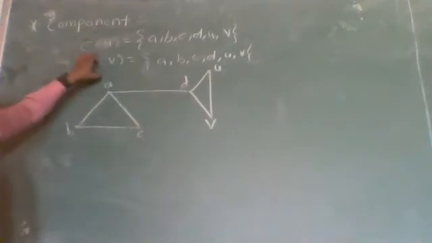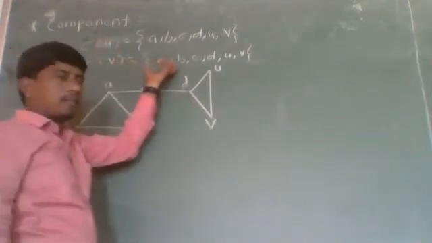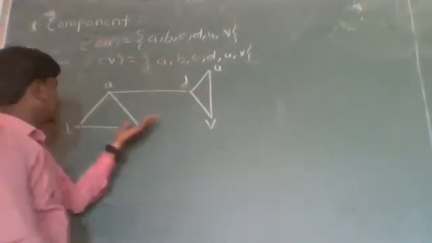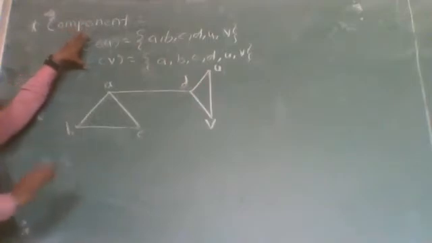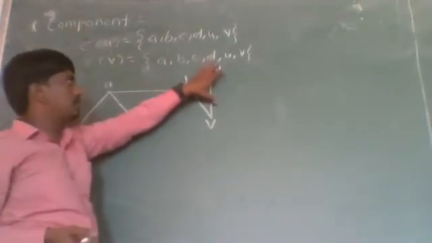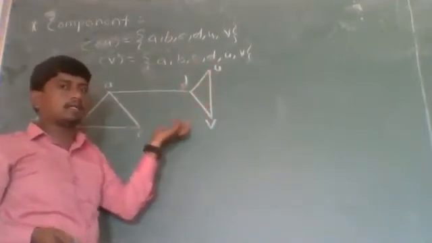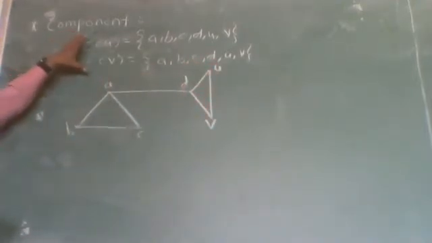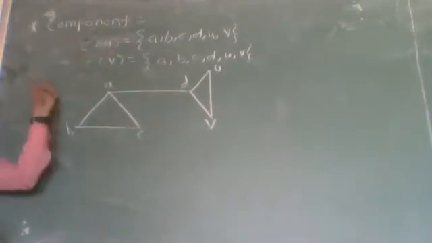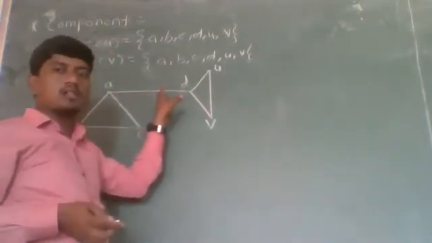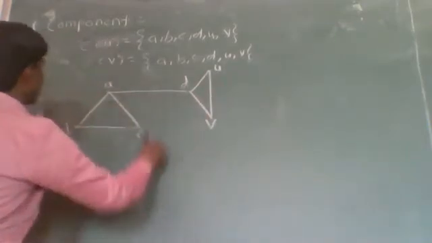Here C of U equals C of V. Now we have to check whether there is a path joining U and V. That is, we have to check whether U and V are connected vertices. As there is a path joining these two vertices, U and V are two connected vertices. So if C of U equals C of V, then there is a path joining vertices U and V. So the converse part is also true.